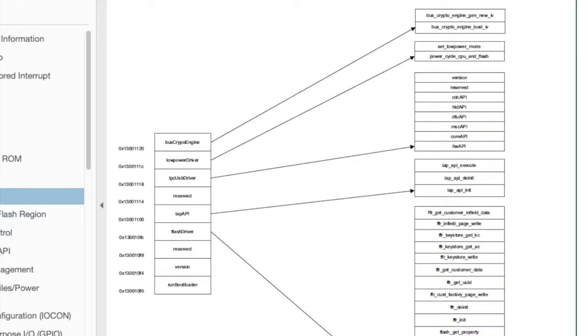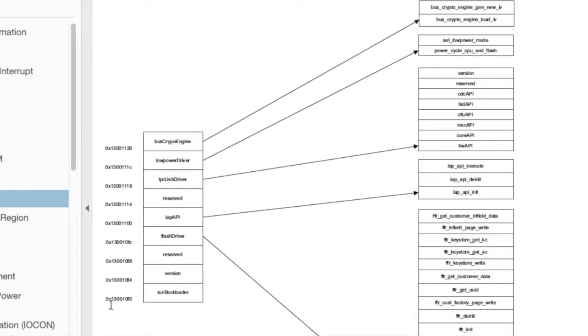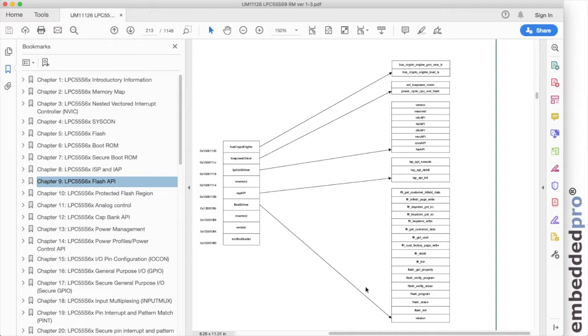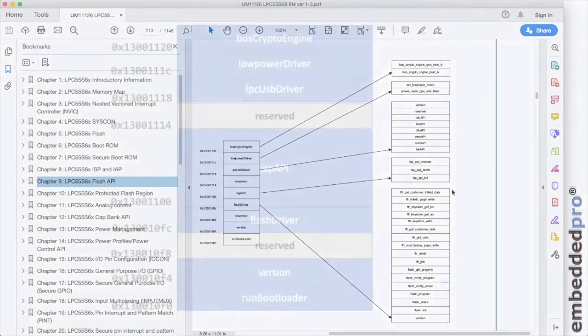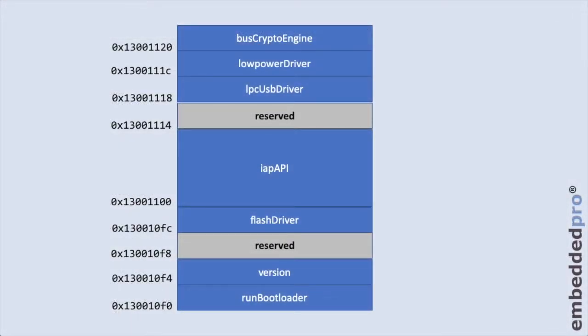And we can see it's at base address 0x130010F0. At this address is a set of pointers that are pointing into other parts of memory and give us access to the various functions that are available to us. I have this drawn out in PowerPoint where it's a little bit more convenient to see. And here is the ROM pointer table inside the